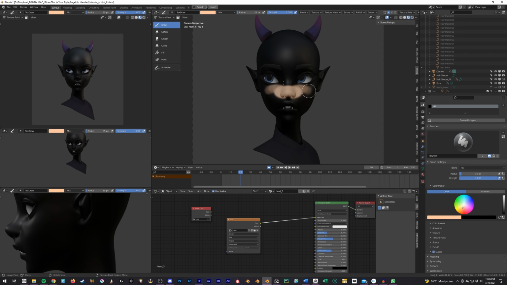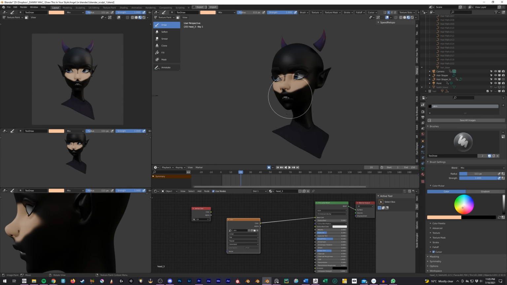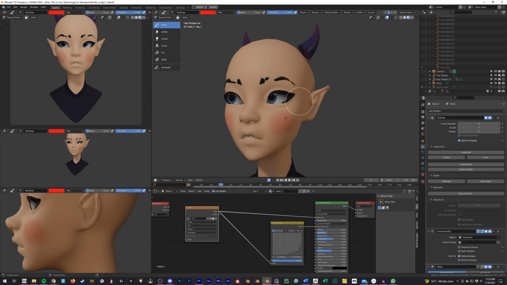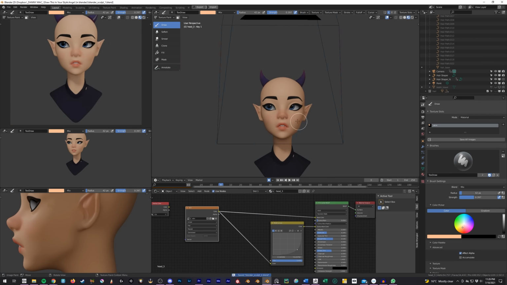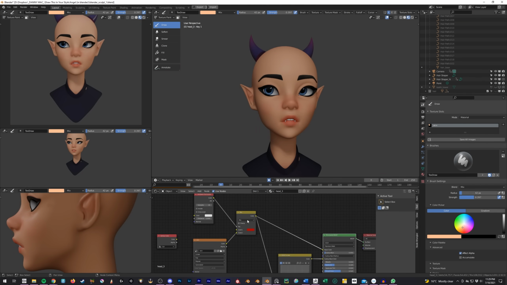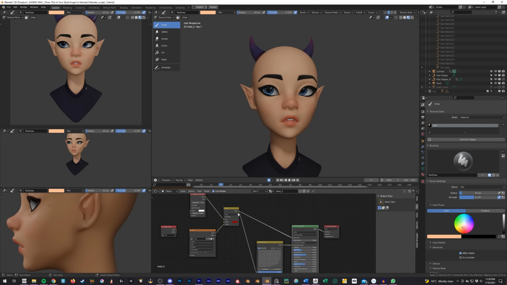True to form, I started off with performance issues, but I quickly realised that this was because I needed to turn down the resolution on my model. Now while I did continue to struggle to enjoy painting in Blender, I soon remembered that I was neglecting Blender's procedural tools. Being able to tweak the colour of the ambient occlusion in real time is definitely a perk of